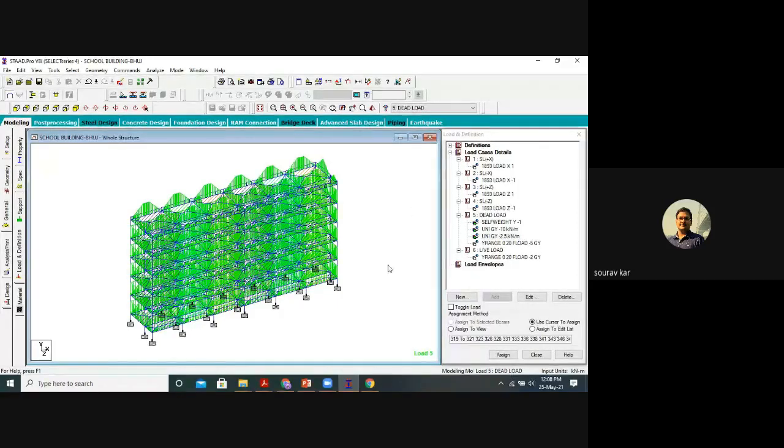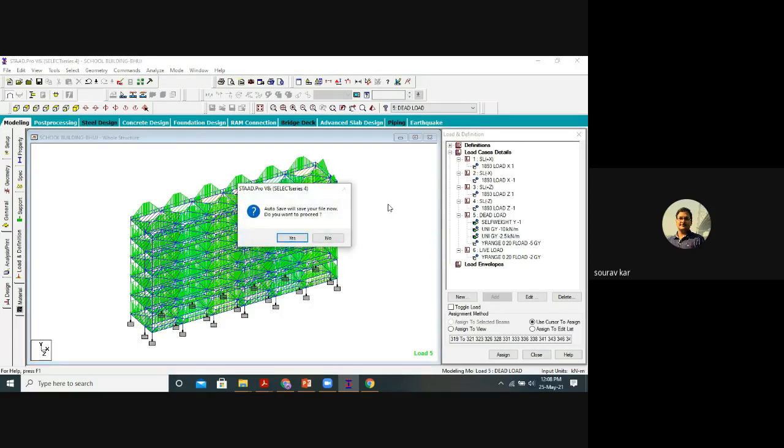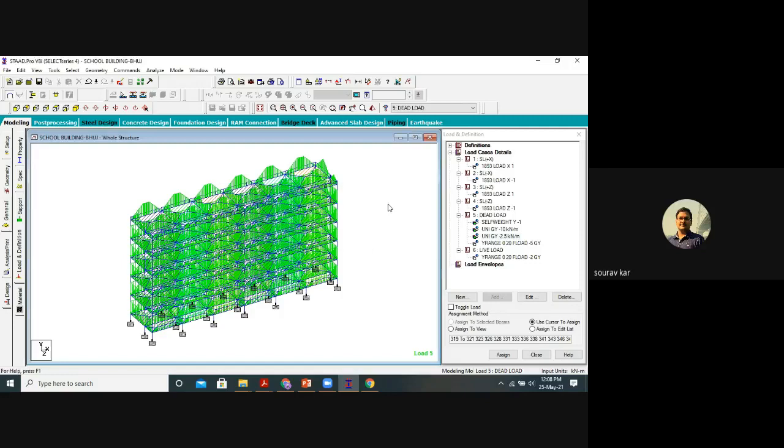Now, after doing this, we have to make some modifications. At this stage, we have developed the frame structure. We have assigned the supports. We have assigned the properties of all the beams and columns. We have assigned the load. We have created the seismic load definitions.